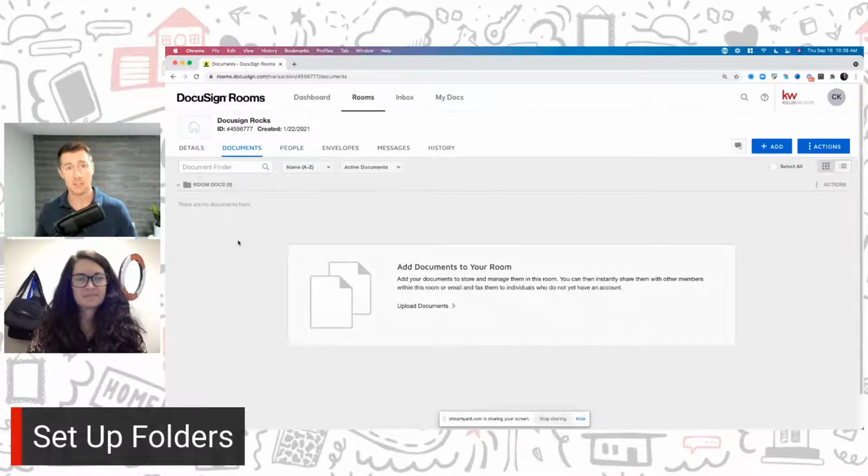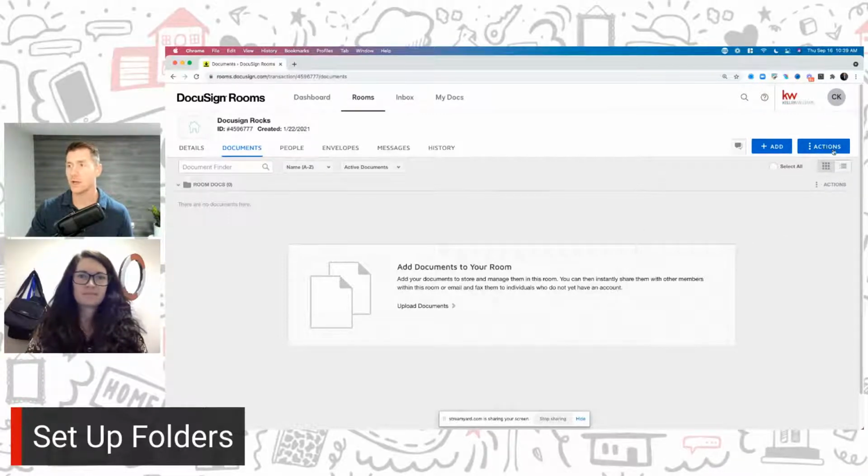Some folks, if this is a listing, will create the agency agreement folder right off the bat, or the actual first offers that come in. Just know that there's not a certain right way. And Jody, I'll let you mention any recommendations. First, set up your